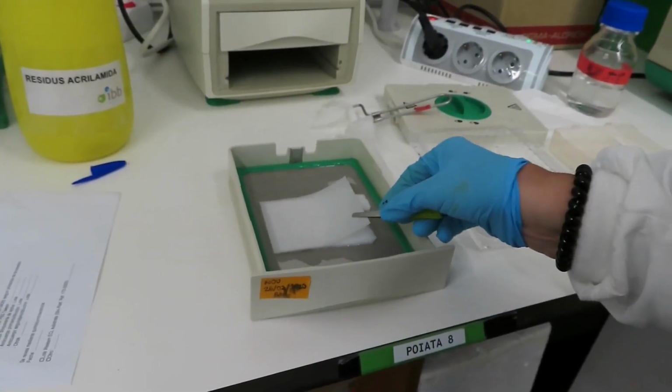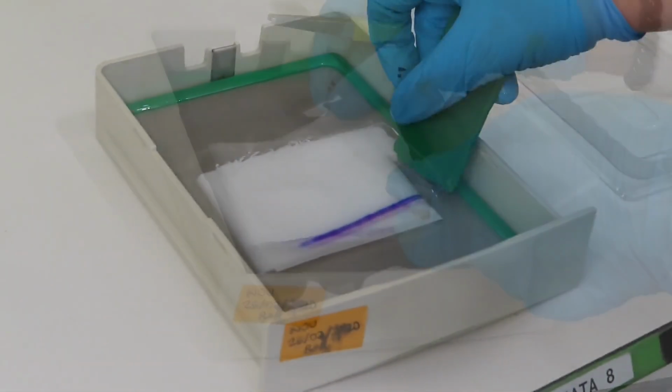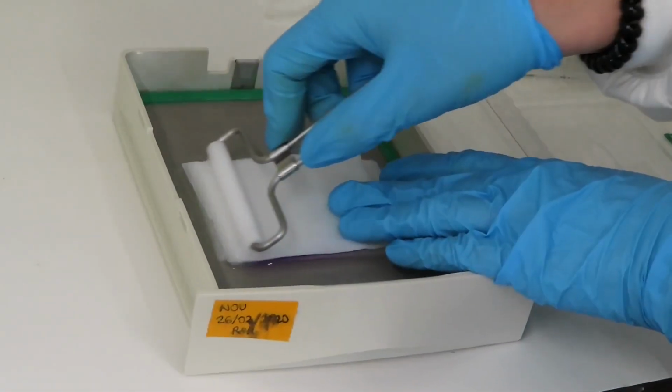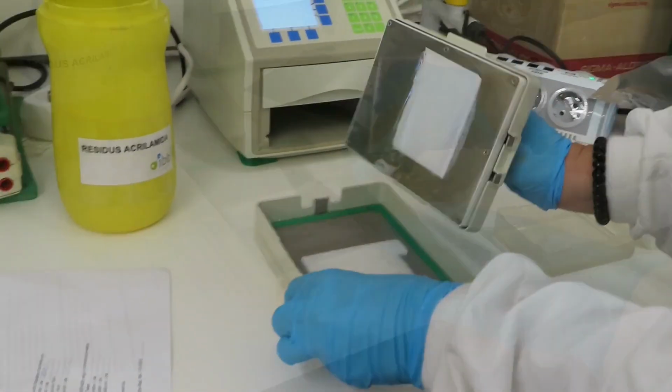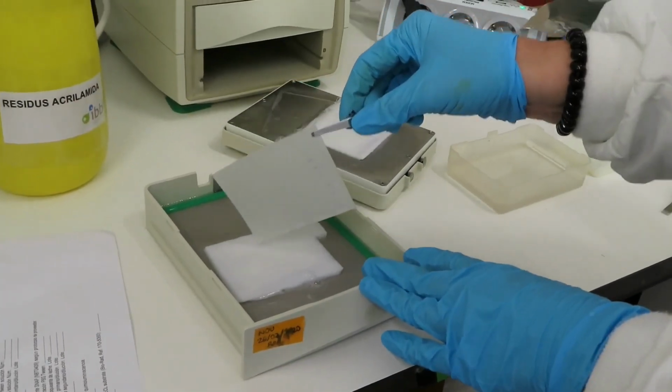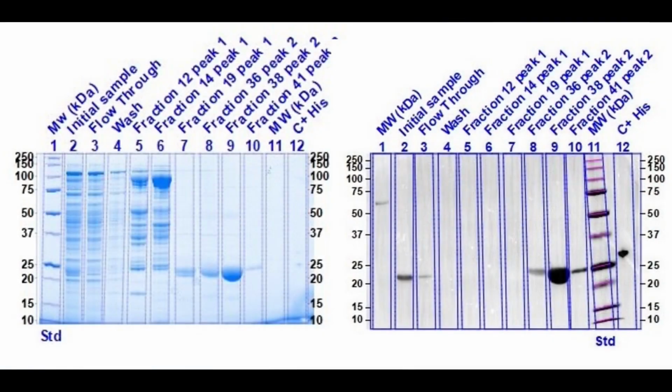To be sure that this band corresponds with our protein, it's necessary to perform a Western blotting using antibodies against the histidine tag. For this purpose, proteins are transferred from the polyacrylamide gel to a PVDF membrane using a semi-dry transfer system. The chemiluminescent reaction shows that effectively the band of 25 kilodaltons from the second peak corresponds to a